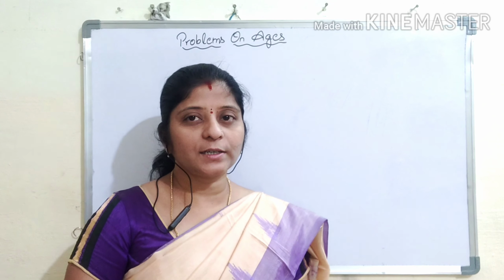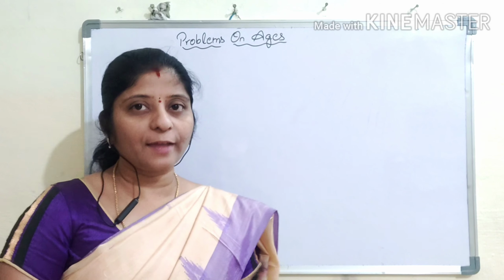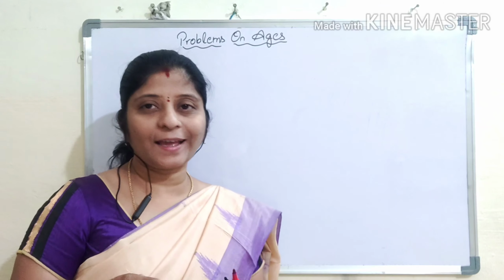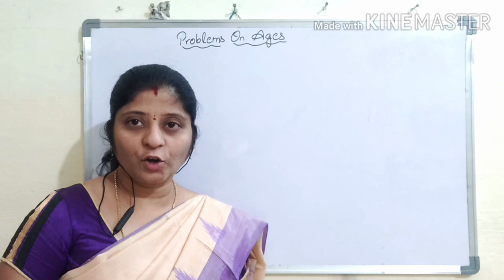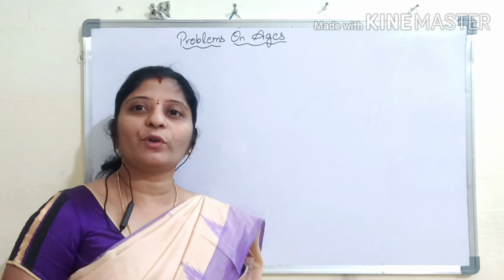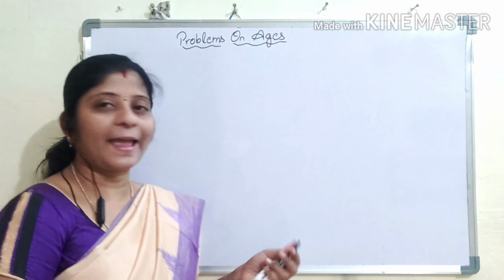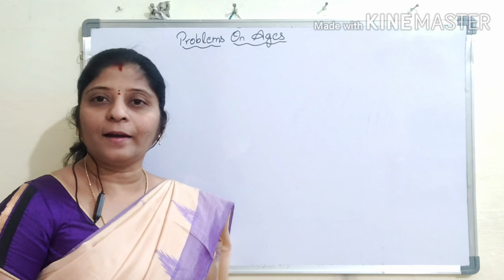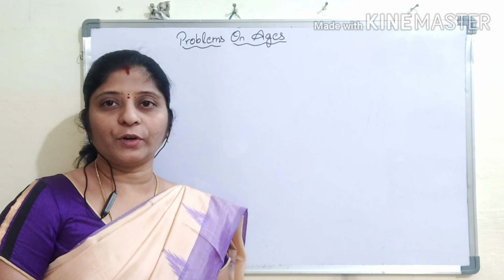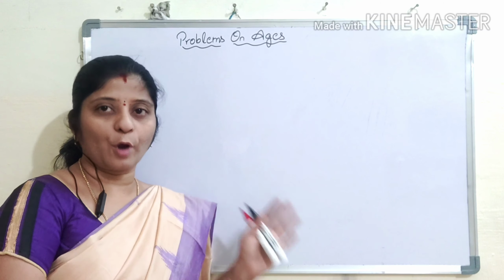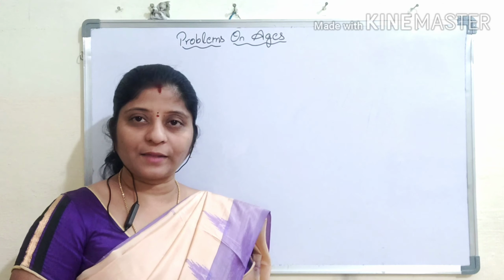So today we are going to discuss a very important topic in competitive maths, which is based on problems on ages. In every exam, you will see at least one problem based on ages. This is a topic in which we are not using any formula. We just have to know the ratios, that means A is to B is to C, and we have to know some basics on this. After that, you don't need any formula for this. You can easily solve these problems on ages, and it is the very easiest chapter in competitive maths.